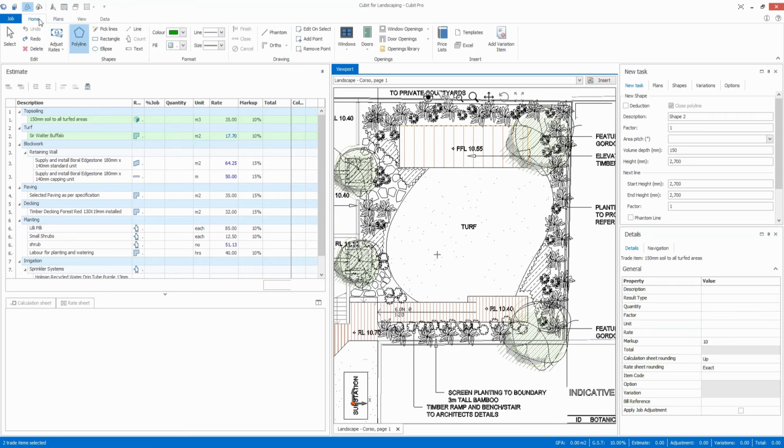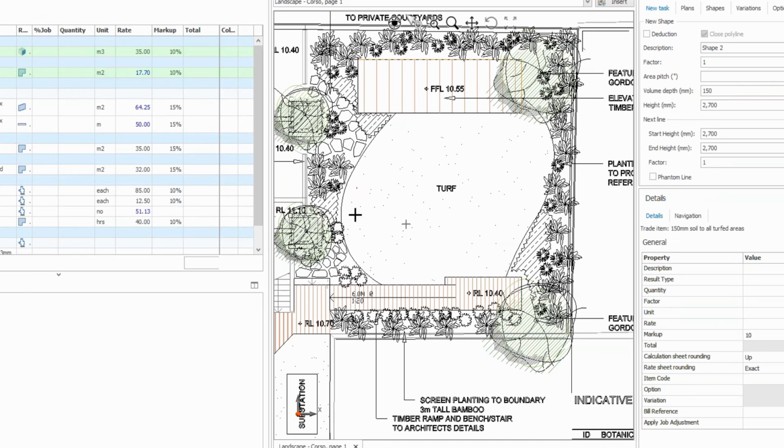If I go to the Home tab here, I can select which color I want to plot with, and whether I want to have a fill color or pattern. So if I start clicking here now to go around this turf area, I can left click and hold my mouse button down to create curves very quickly and accurately. And you'll see that it's snapping to the points on the plan to make the takeoff quite accurate. So if I continue around this really complex shape to calculate a quantity,